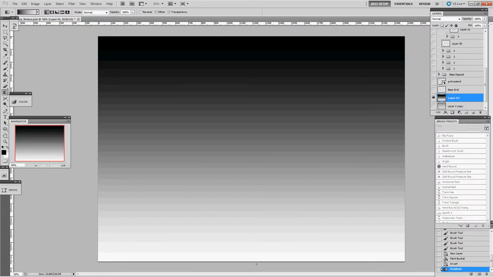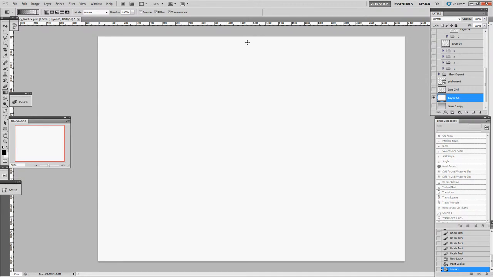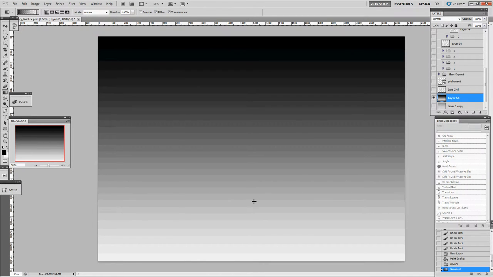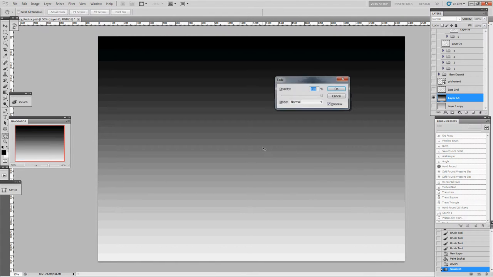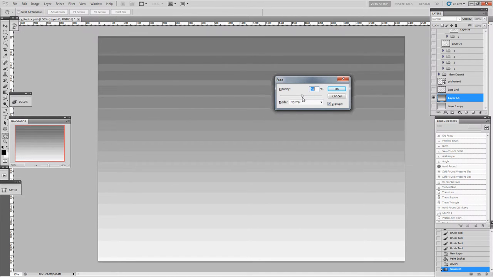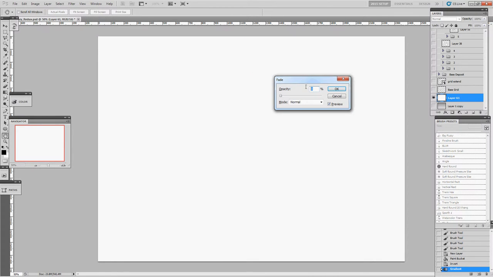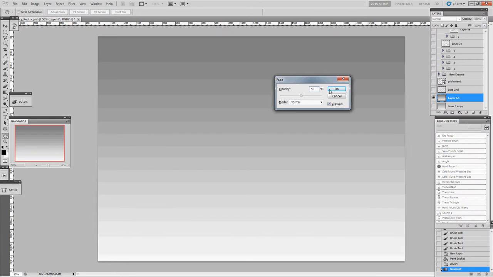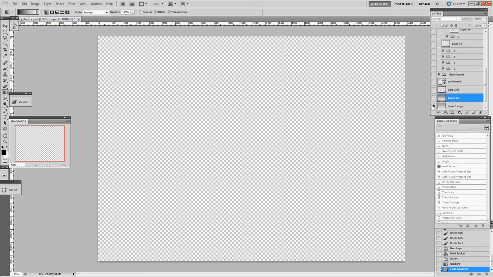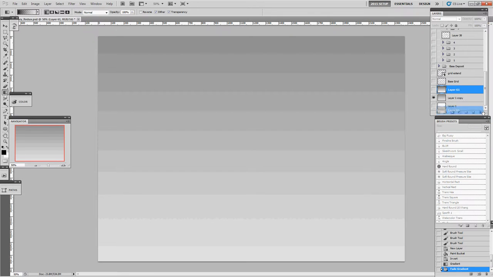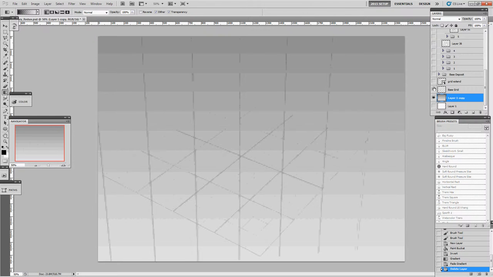First things first, tone the canvas. You'll notice it's too black up there and it's too white down there, so I will instead drag the gradient a little bit off the map, and then I will fade, which is Control Shift F. What that does is the last thing that you did, you can change the opacity of how it's done. So I'll drop that down to like 50. Right, 50. And then we're basically good to go. So I'll start off with that, delete the extra one, and then I usually start off with a